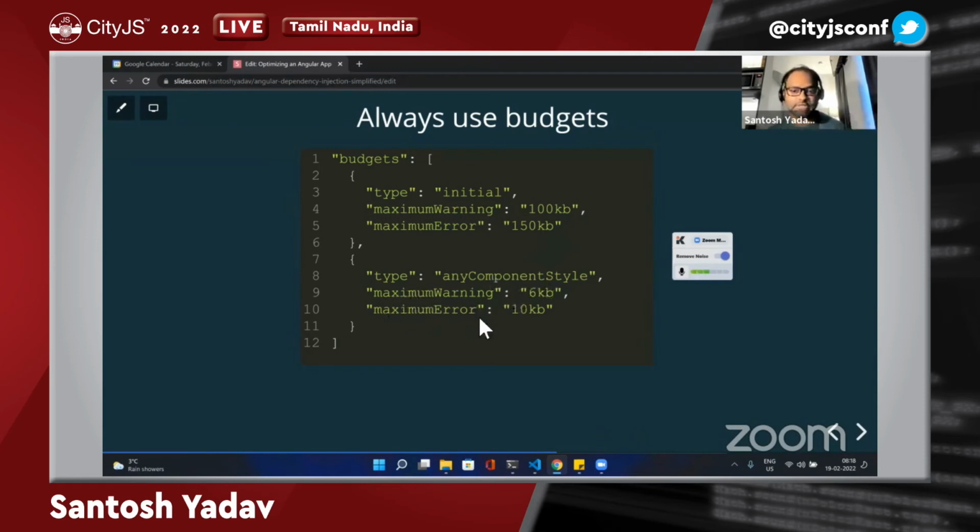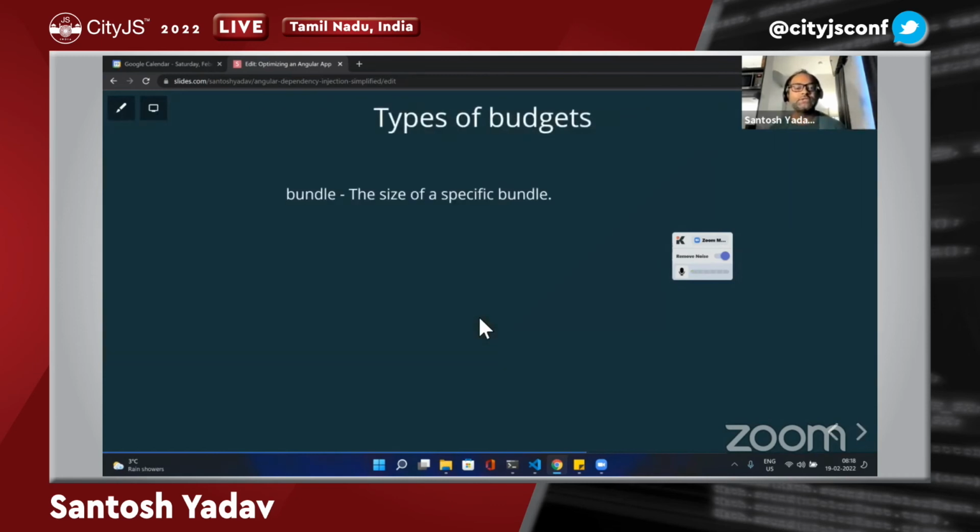So let's talk about what the budget is. This is really important. Remember, I said you can also check your bundle size with every PR. This is where the budgets really come into the picture. So there are multiple types of budgets. Bundle is the first one. Bundle is the size of the specific bundle. In case you want to make sure that your bundle size does not go beyond this, you can specify which bundle, and then you can specify